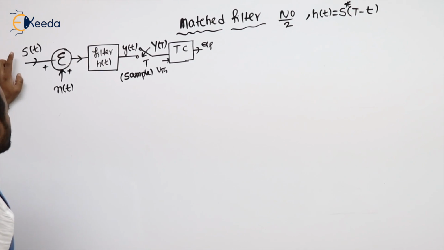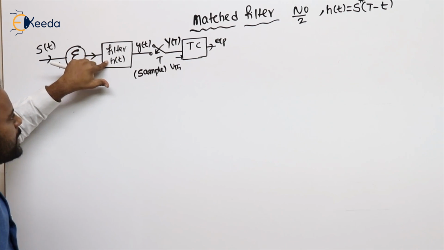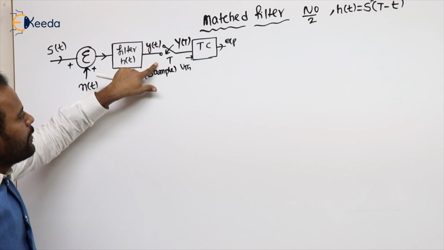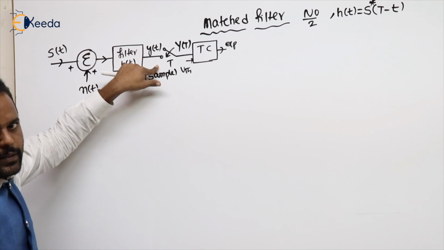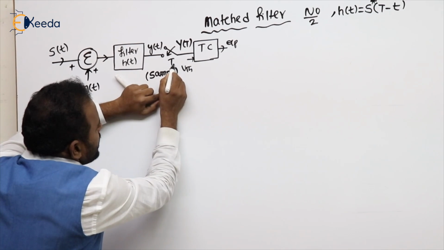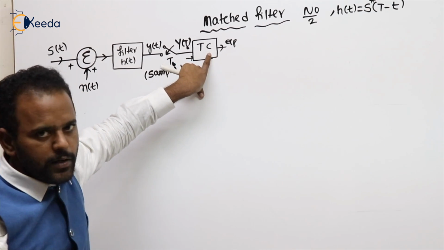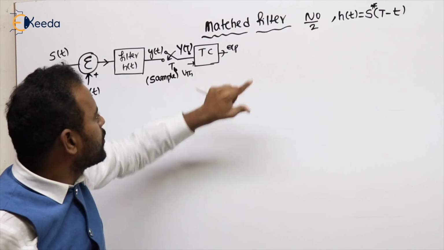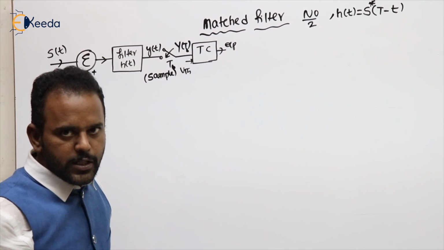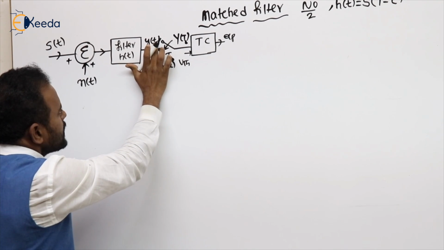Let's see. Our signal is given to the channel. In the channel, noise is going to be added. Here this filter means matched filter. We are using the matched filter to increase SNR value, and given to the sample and hold circuit, bits coming with a duration of T. Generally bit duration we'll discuss as TB. You can keep it as TB or T, no issues. And a threshold comparator decides whether it is a 1 or 0, and the output you will get. Threshold comparator has a specified threshold value VTH. Here my y of t corresponds to the signal component.